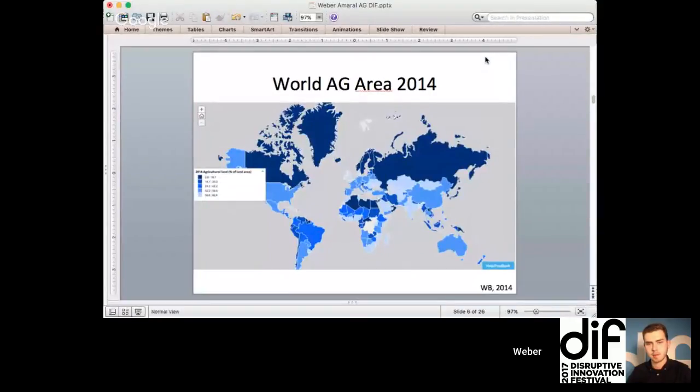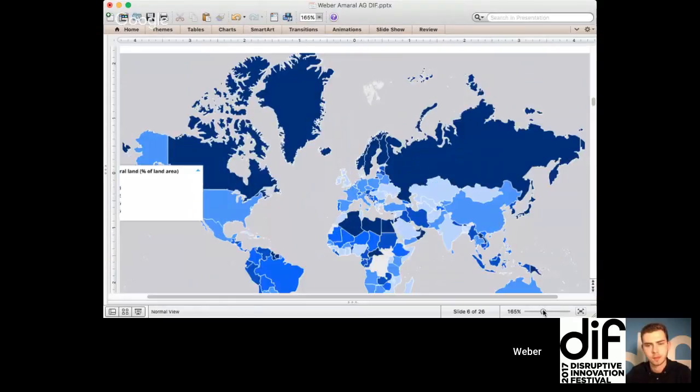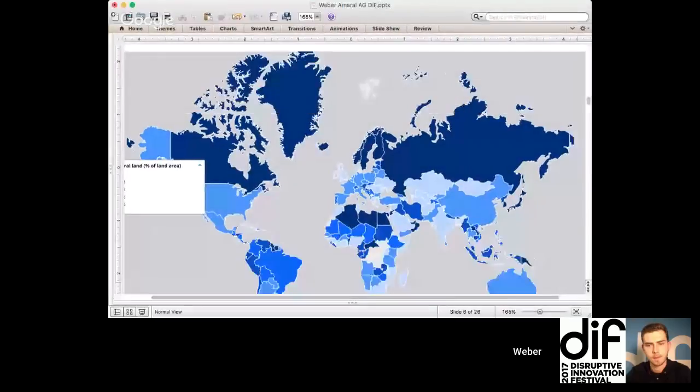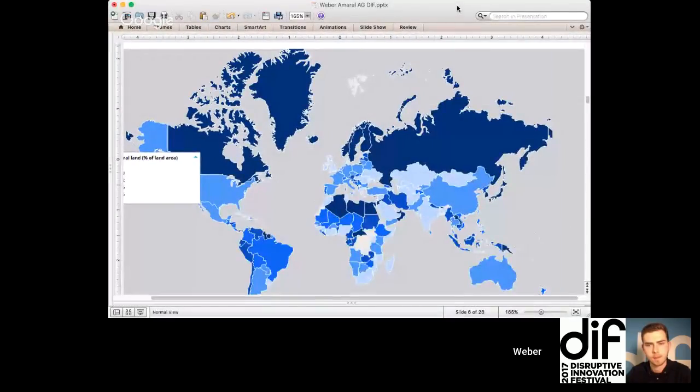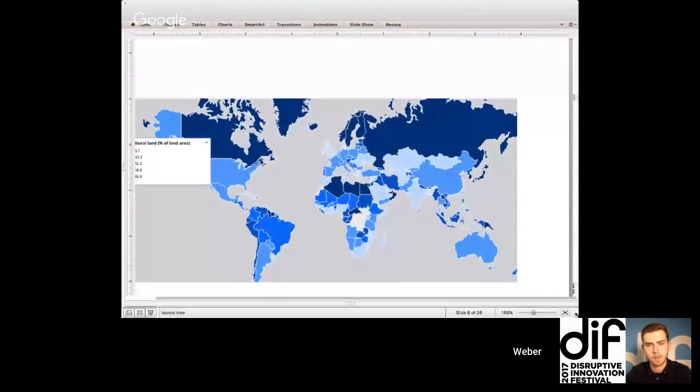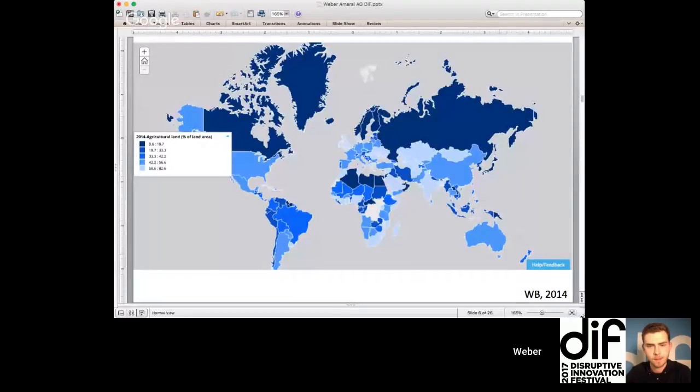I will share some slides, some numbers that illustrate a little bit about the challenges that we're facing when tackling some of these issues. One of the issues that we have to look at is the area available for agriculture. What we see on this chart here is that most of the areas, if you see here,